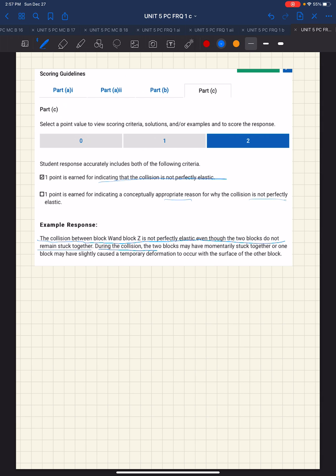During the collision, the two blocks may have momentarily stuck together, or the block may have slightly caused a temporary deformation to occur with the surface of the other block. So I don't find this answer actually adequate, because temporary deformation is not energy. So deformation itself,